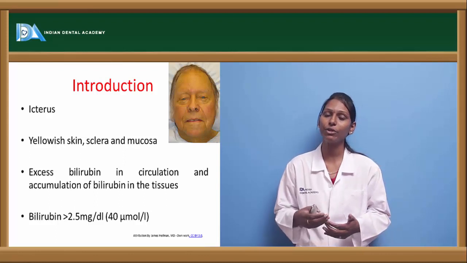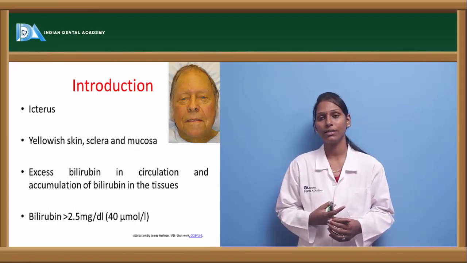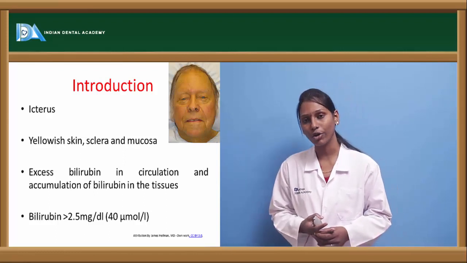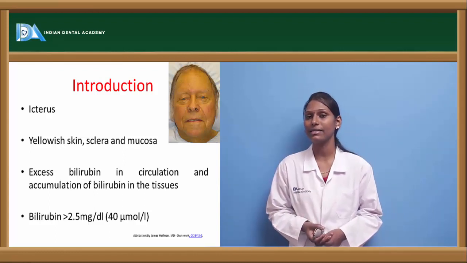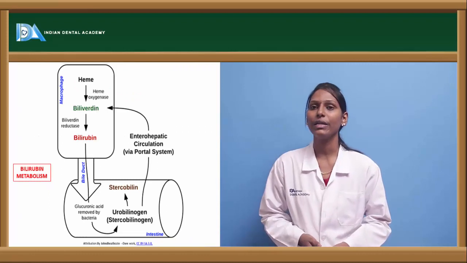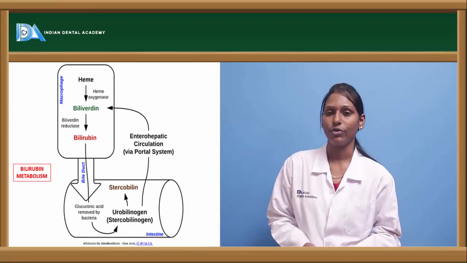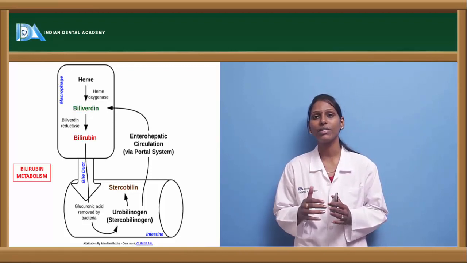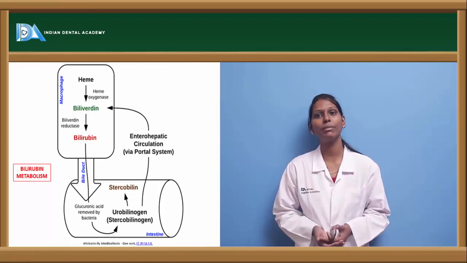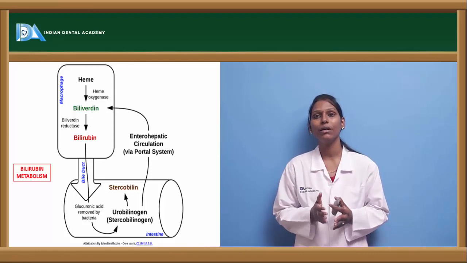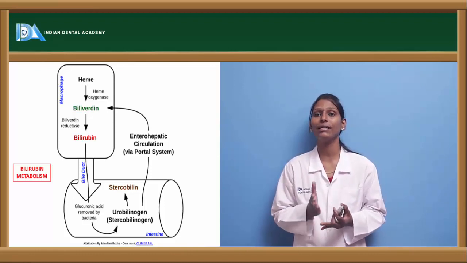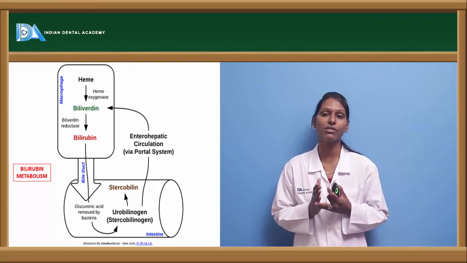If the bilirubin is above its normal standard, that is more than 2.5 milligrams per deciliter or 40 micromoles per liter, then it is considered to be jaundice. Bilirubin metabolism is as follows. The liver is one of the main organs related to bilirubin metabolism. Because of the catabolism, or breakdown, of heme, about 250 to 300 milligrams of bilirubin is produced